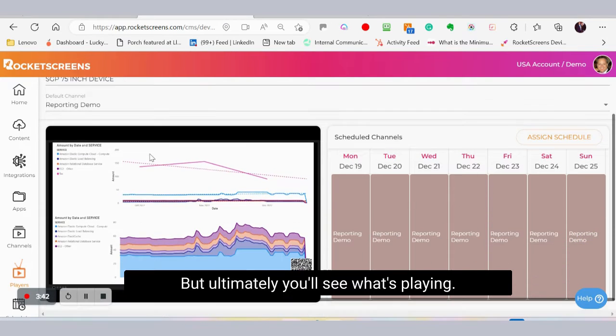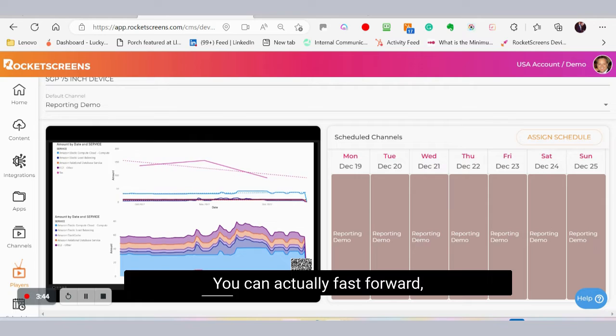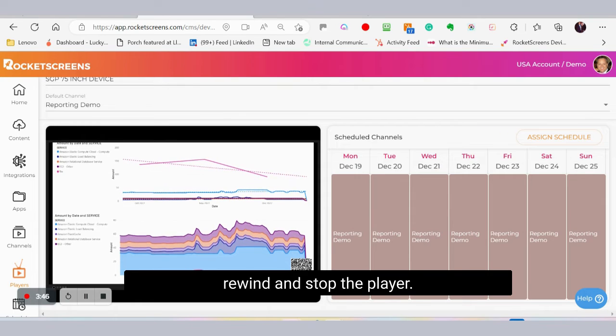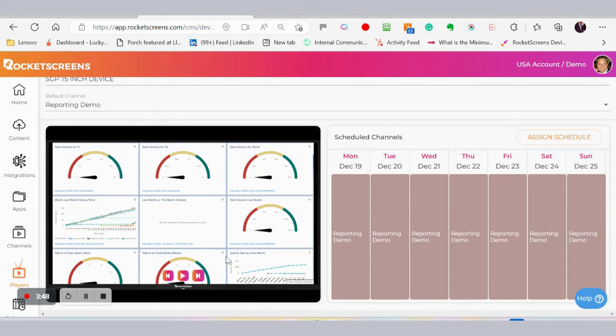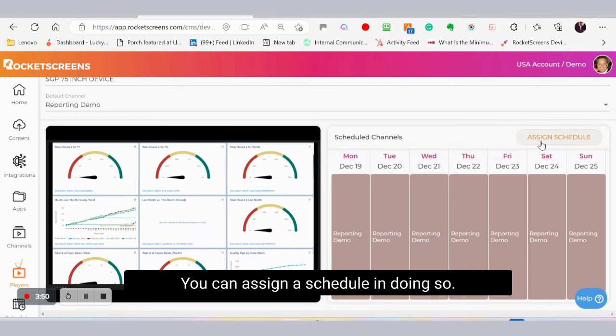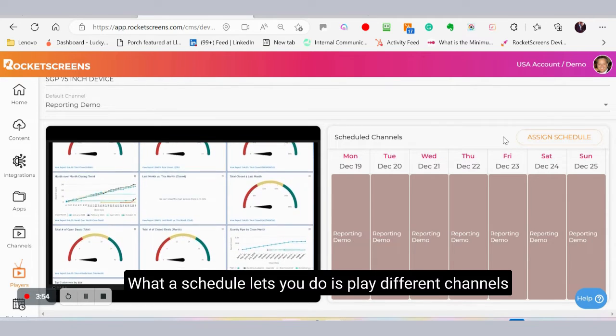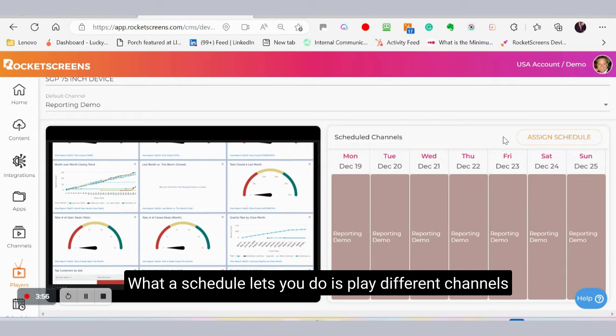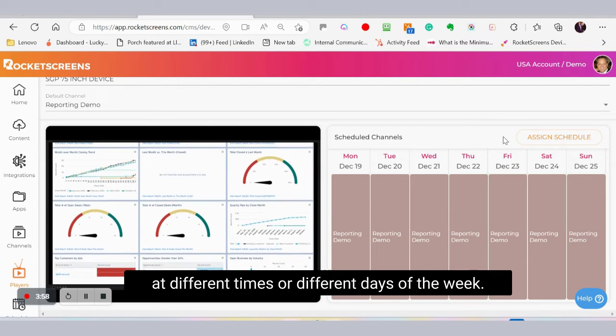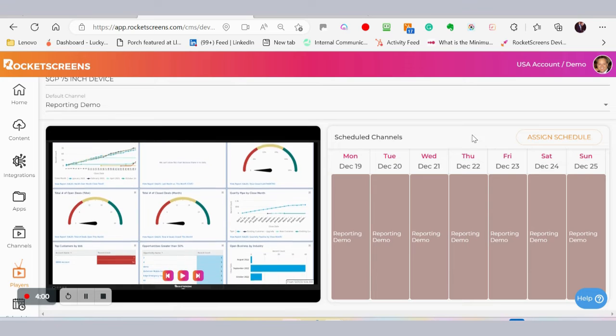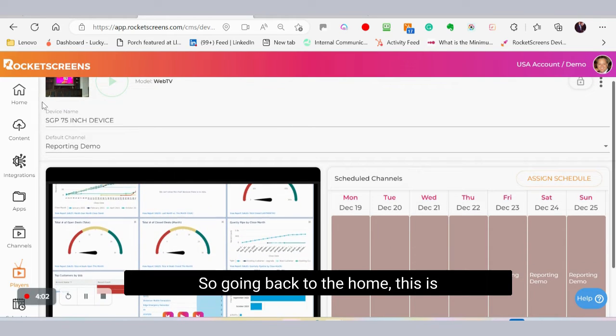But ultimately, you'll see what's playing. You can fast forward, rewind, and stop the player. You can assign a schedule. What a schedule lets you do is play different channels at different times or different days of the week. So going back to the home,